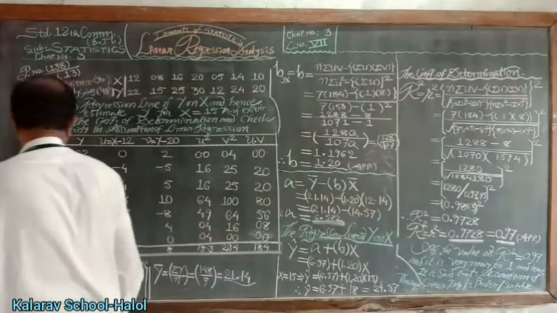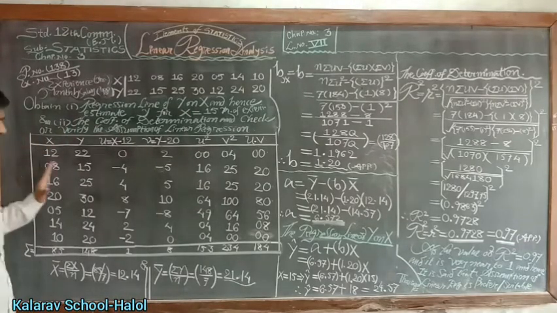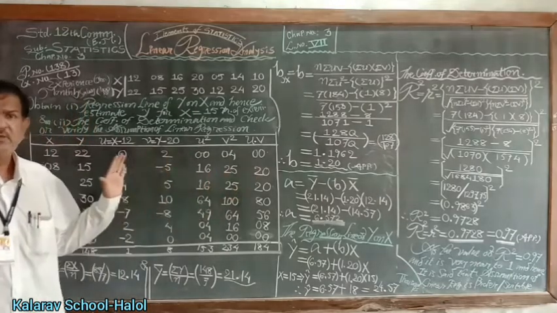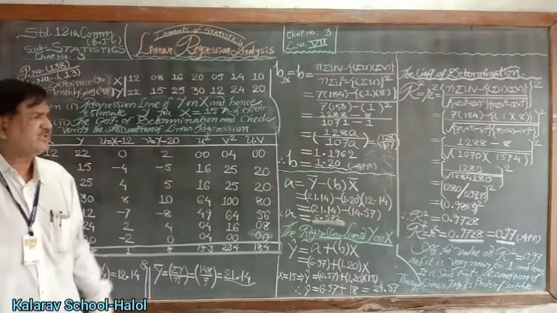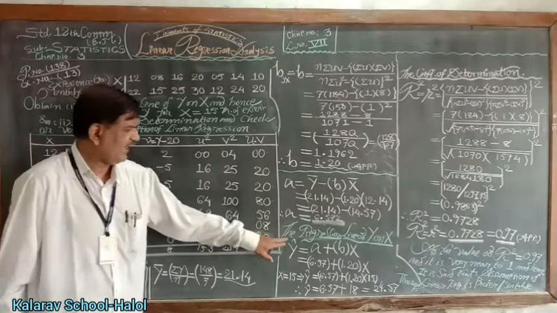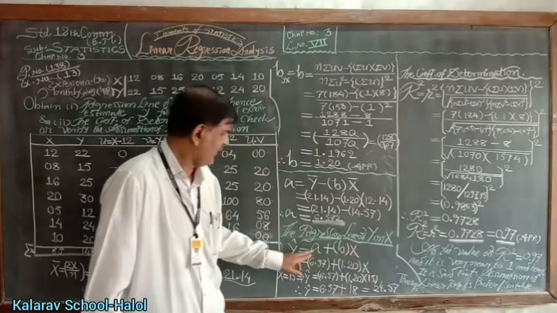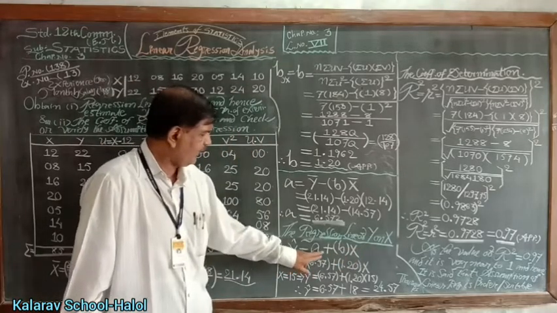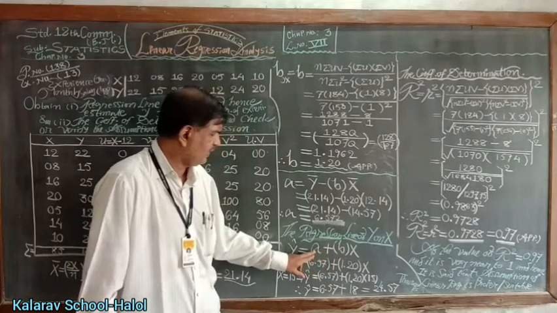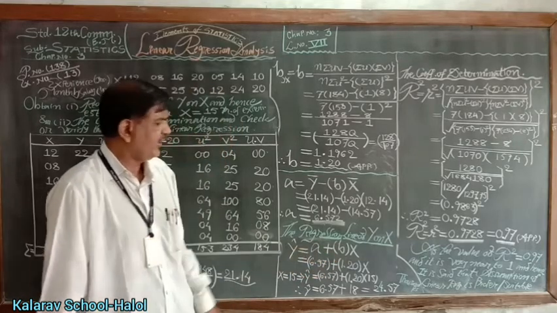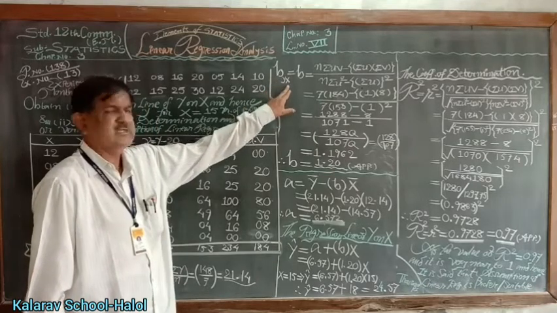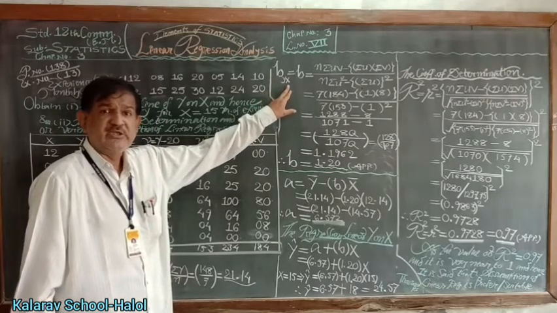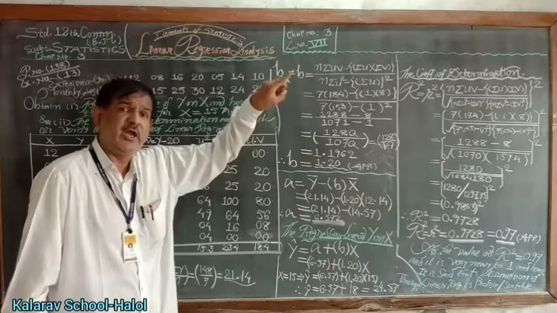So, this is the general procedure which we have been doing from the very beginning, and you can see it since the last 2 or 3 lectures. The regression line of y on x is given by y cap equals a plus bx. We have to compute the values of a and b. For a and b, first of all we compute b. B means byx, the regression coefficient of y on x.